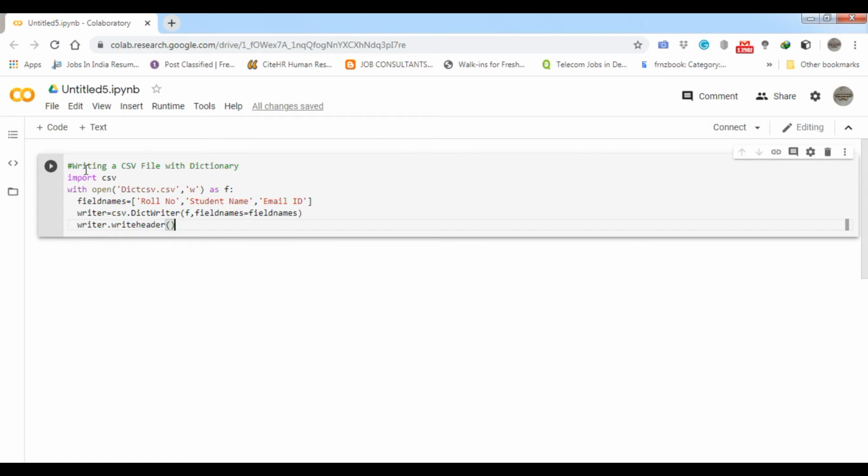So let's see what will happen. I have not typed the whole code, only up to writing the header. I will write the header column, and then I will start writing the data row by row. It will take a few seconds until the connection is done.